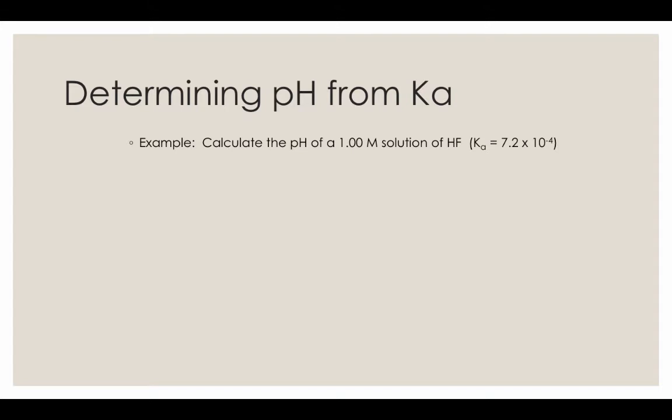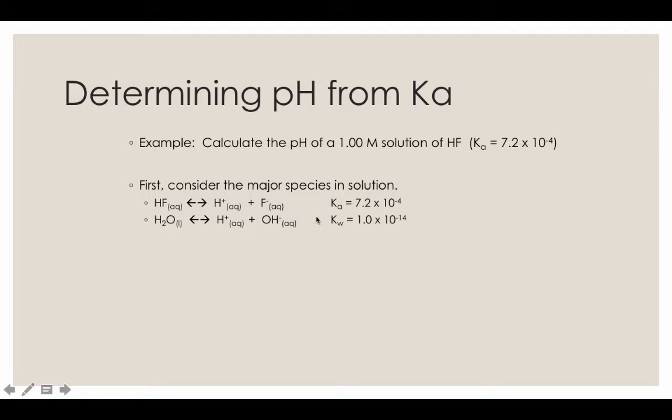Consider this example. Here we're asked to calculate the pH of a 1 molar solution of hydrogen fluoride. We know that this is a weak acid, therefore the H+ concentration is not equal to 1 molar. First, let's consider the major species in solution. We have undissociated HF, H+, and F-, and we also have some H+ and some OH- from the autoionization of